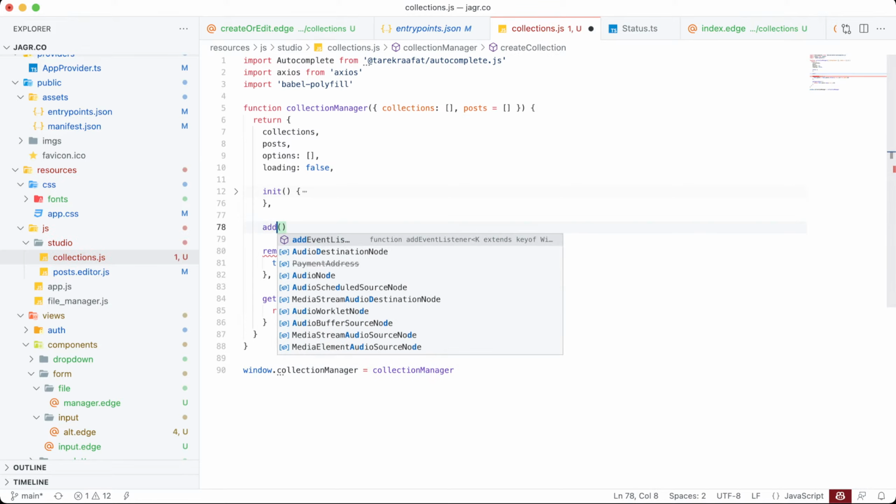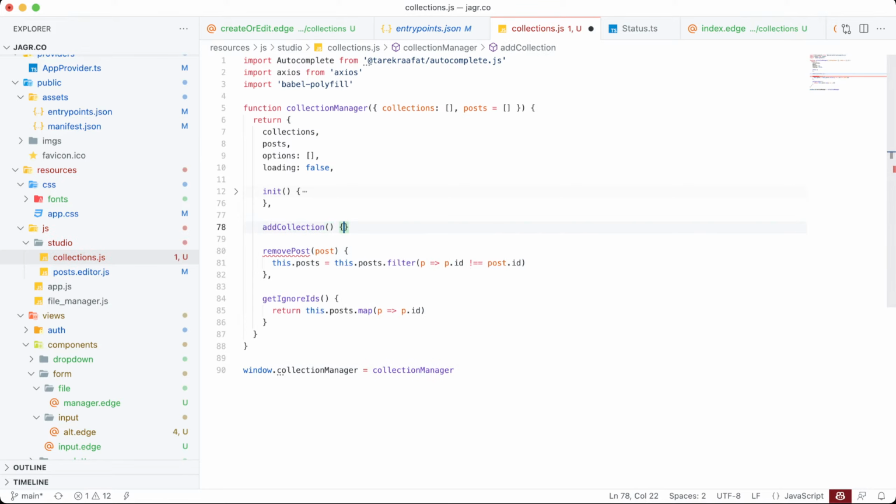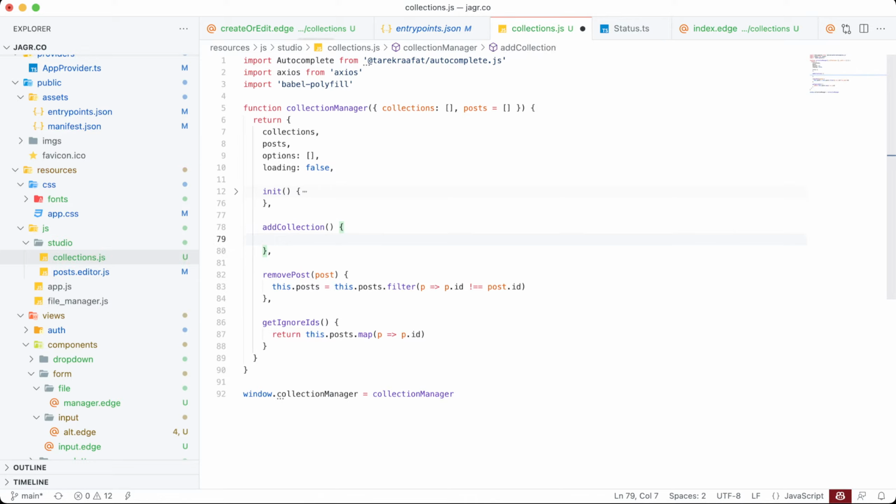Here it was add collection, wasn't it? And all that this does is create a collection. It doesn't take in a name or anything like that. You can alter the name afterward. It will be given a base name. So